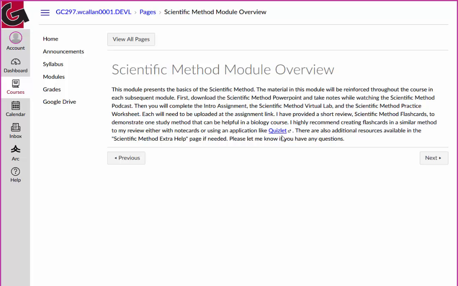I think for each of the four modules that I'm going to do before the first exam, I'm going to have a different type of study method. And so here I have some flashcards. The next time I'll pick out something else, and so I'm coming up with trying to give them examples of